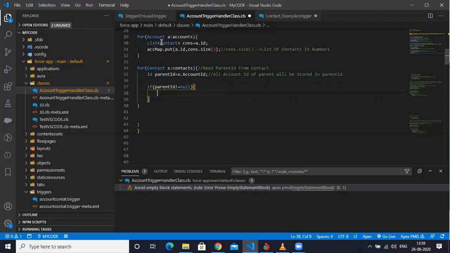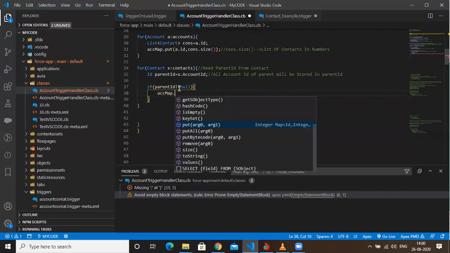So guys, here, as I told you, I used a map, correct? Now in a similar way, I need a map here as well. This time I need the map for the get method. I need to get a parent ID. If parent ID is null, then first thing I need to get a parent ID.